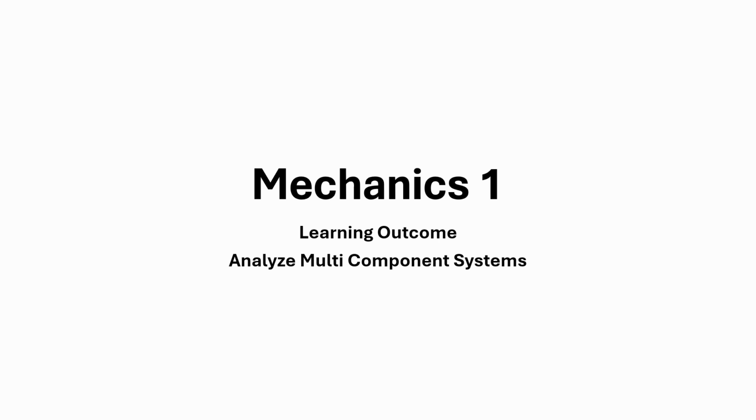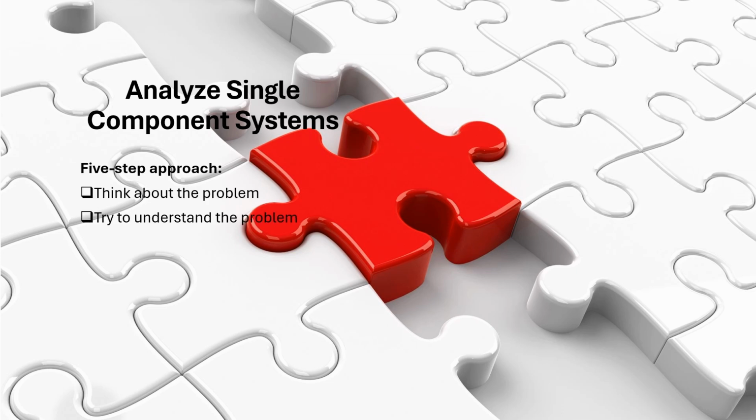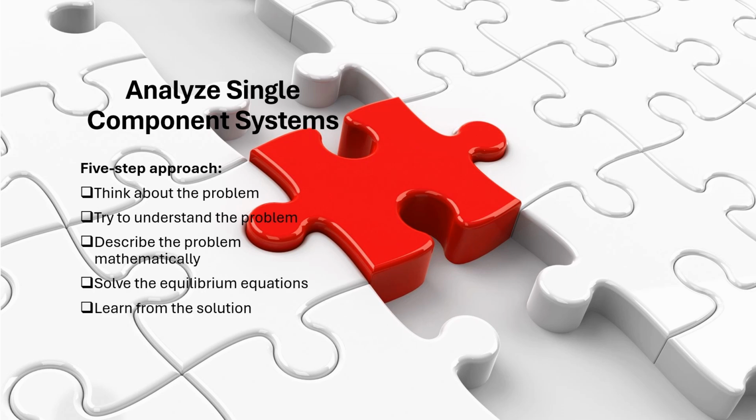Welcome to Mechanics 1. Today's learning outcome is analyzing multi-component systems. When analyzing multi-component systems, we need to follow the 5-step approach. Think about the problem, try to understand the problem, describe the problem mathematically, solve the equilibrium equations, and learn from